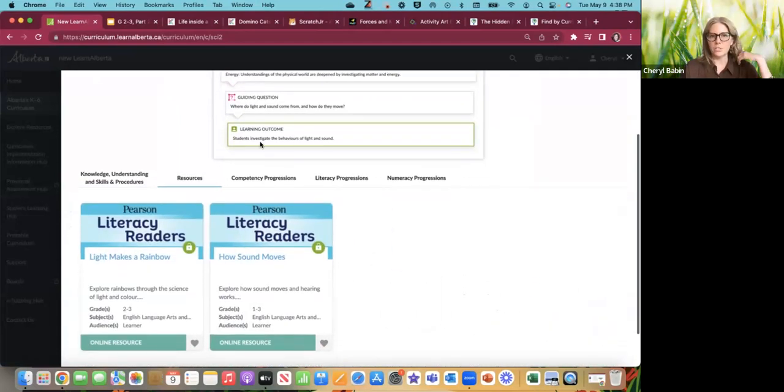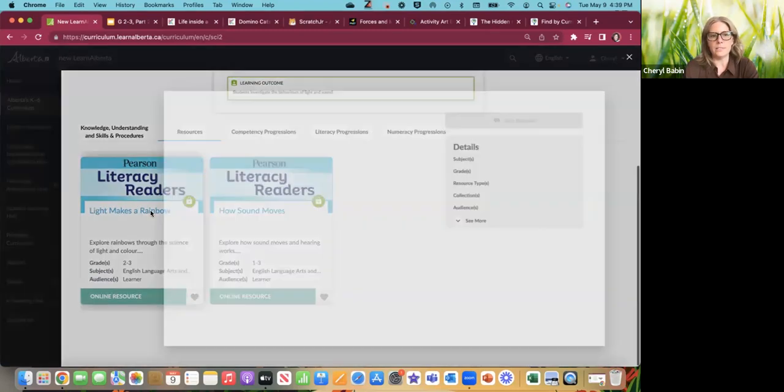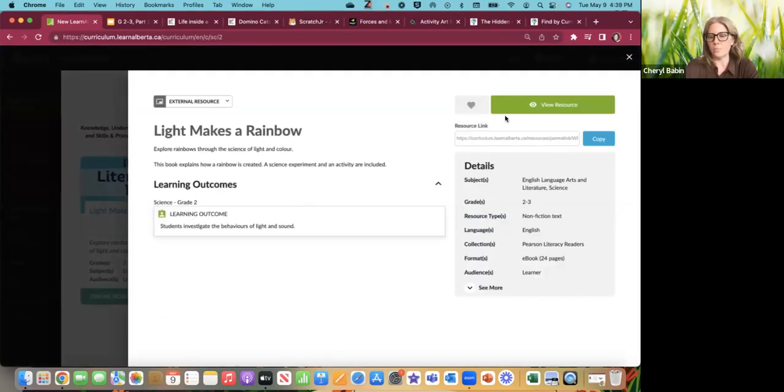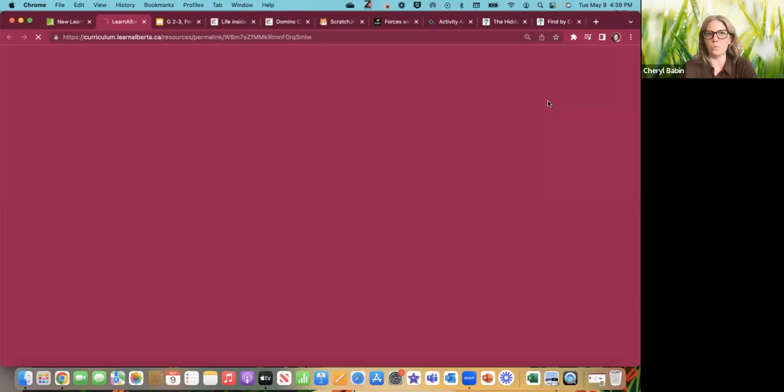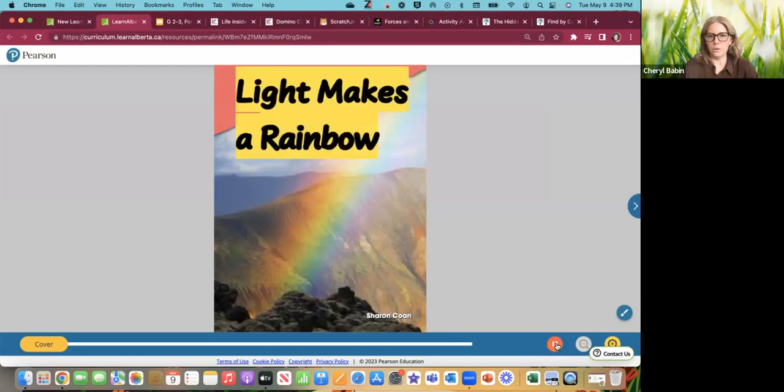And now for this particular outcome of students investigate the behaviors of light and sound, you can see that we have 2 Pearson literacy readers at grade level that explore the science of light and sound. And if you're logged in, you'll be able to go right to that resource and open it up on your screen. You can also click on the Go button,